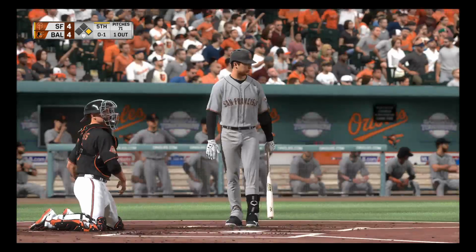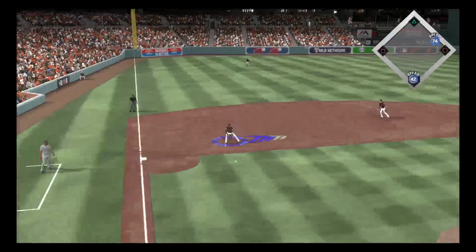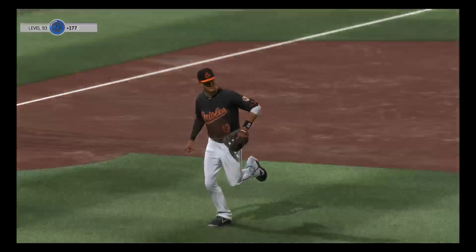Buster Posey is in for the 3rd time now as he takes a called strike. It's 0-1. Grounded to third. Taken in by Machado. There's one. On to Davis at first. It's a double play, and the side is...